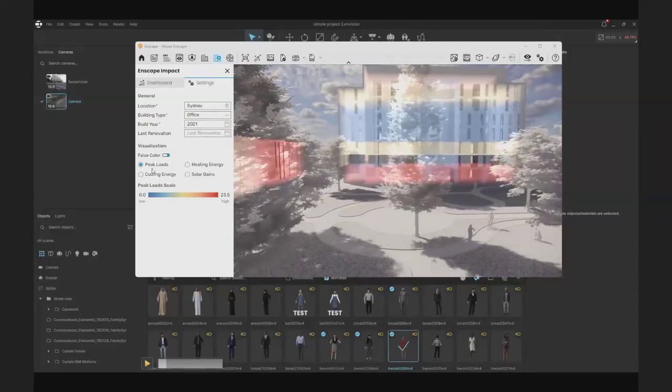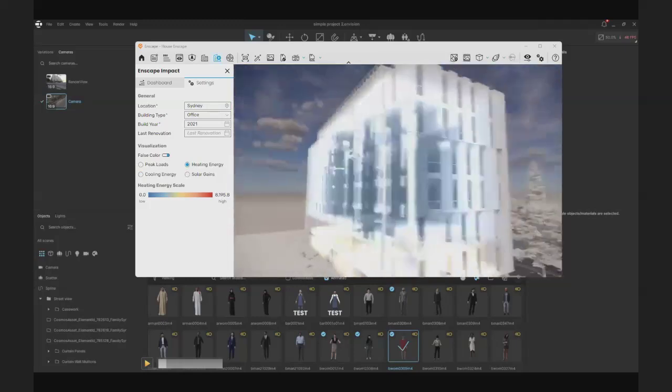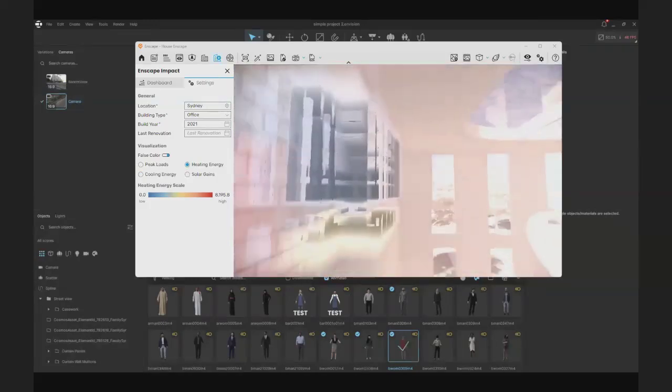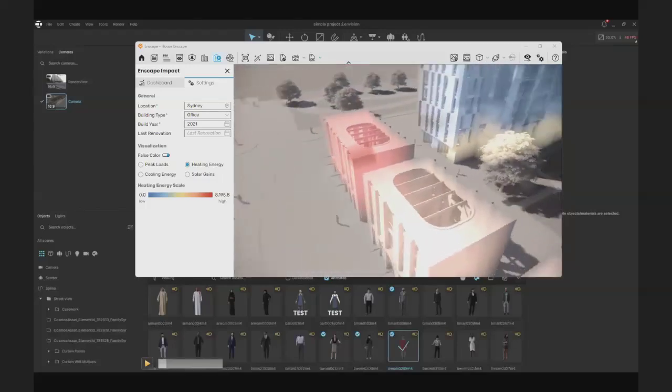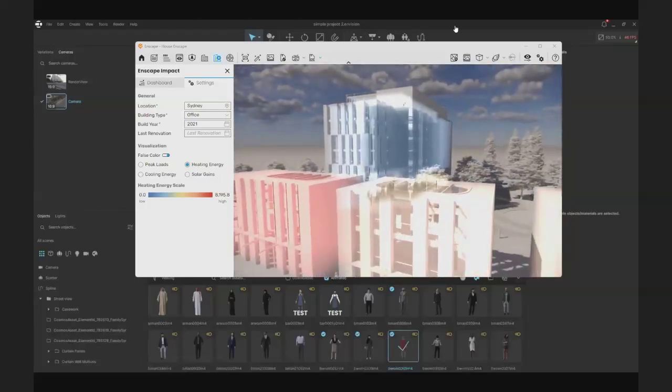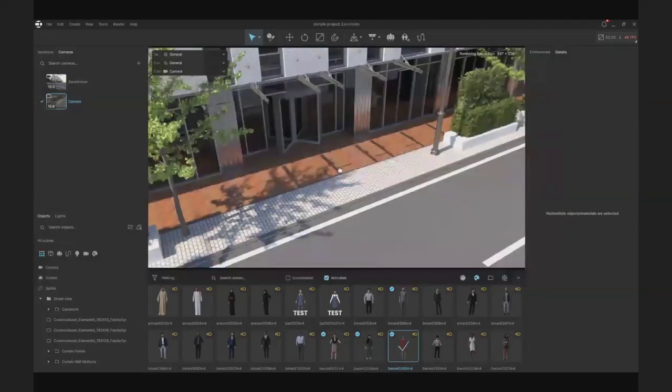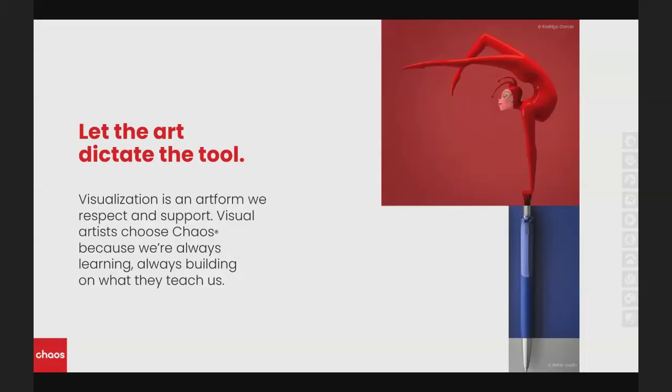So we can see where we need more cooling energy and where we need more heating energy, and thus we can have a better idea how our project will perform in terms of energy efficiency. And this was all from my side.